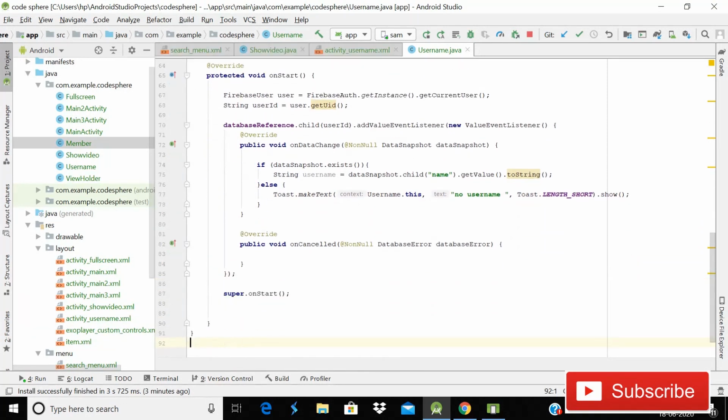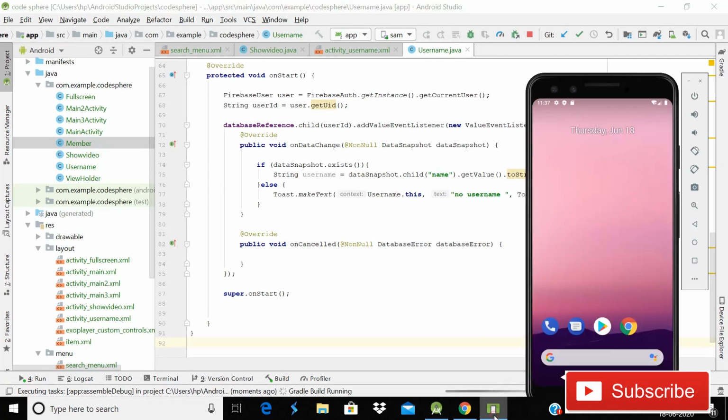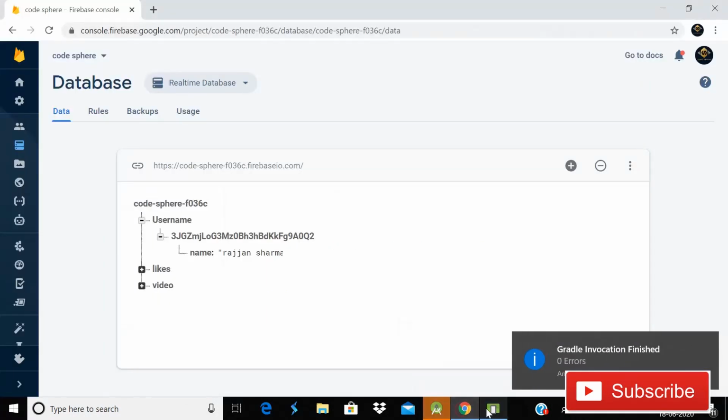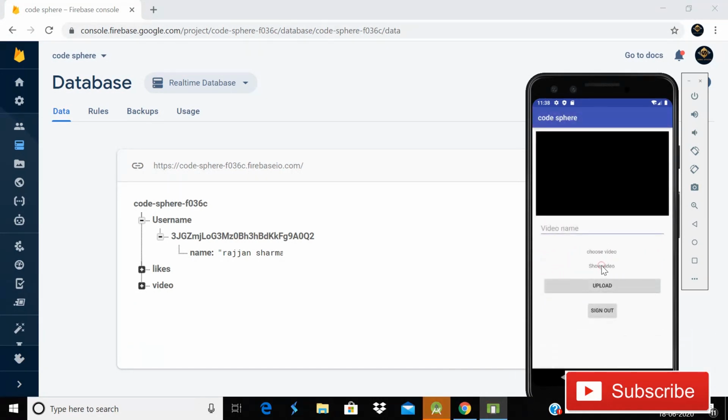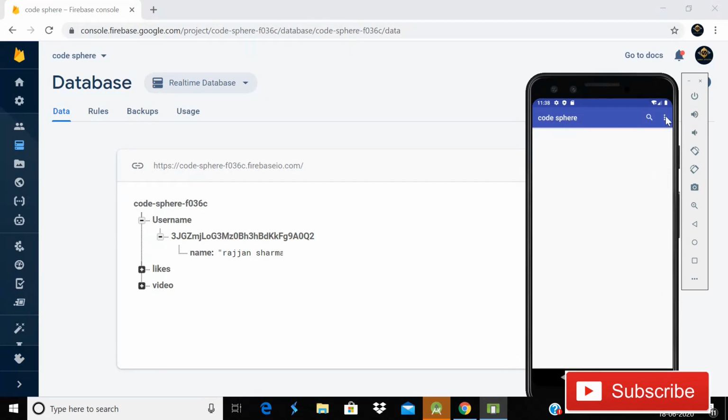And after this, guys, that is all for saving data. So it's time to run this app, and this time when you open the app, it will simply retrieve that value from the database into the app. You can see there is no error in our Android app. So let me click on show videos, then click on create profile, and now